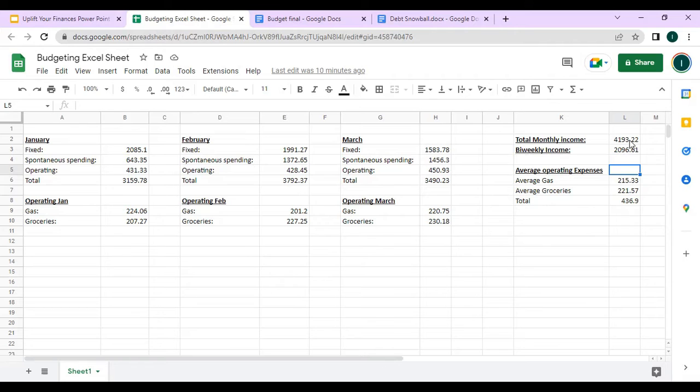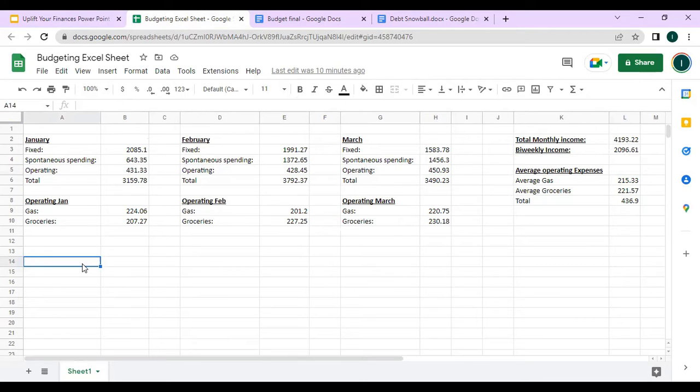Once you get that number, you're going to print out 3 months worth of bank statements or 3 months worth of bank transactions, so you can track what you spent throughout those months. You're going to go through those bank statements or bank transactions, and you're going to label them. You're going to label each transaction a fixed transaction, a spontaneous transaction, or an operating transaction. What that looks like is,